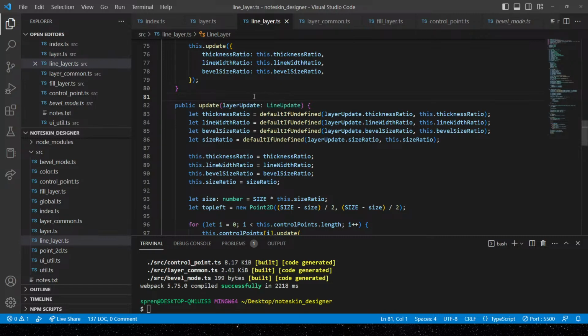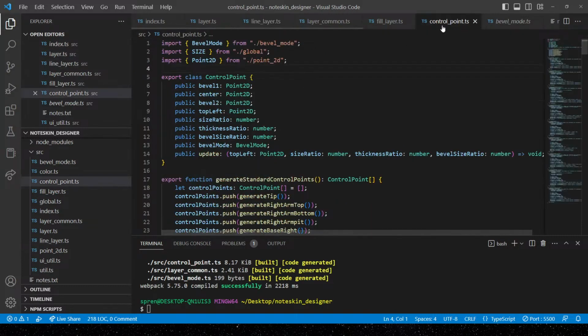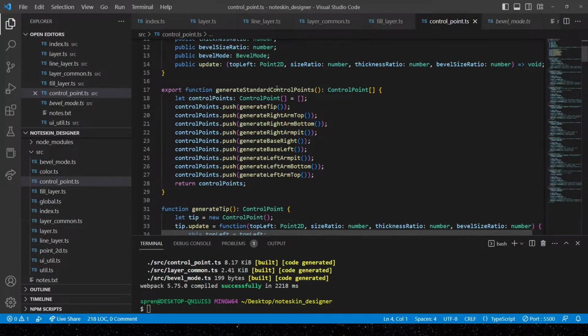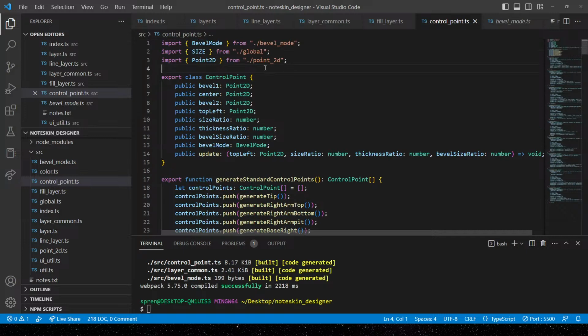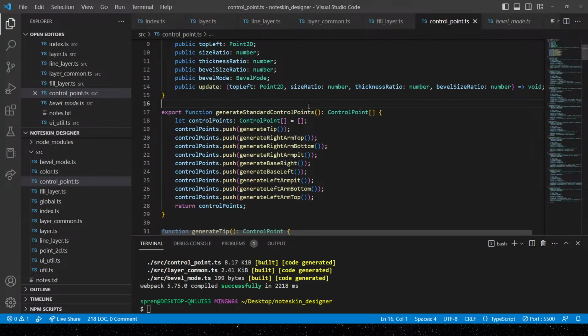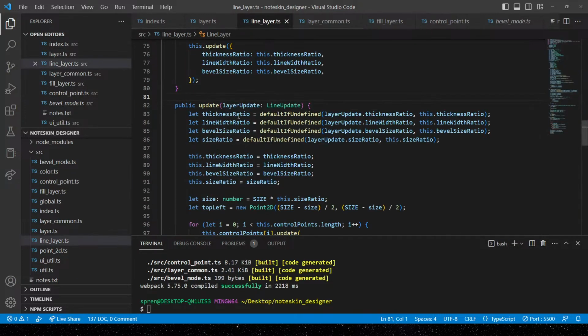So how do I send an update to the control point? That's a conundrum. I would like them to have names, I guess. Let's assume they don't have names. Maybe if they had names, I would give it a name attribute here so that I can display to the user what the name of it is. That could work, but for now, I want to get it working fast. So I think it's like